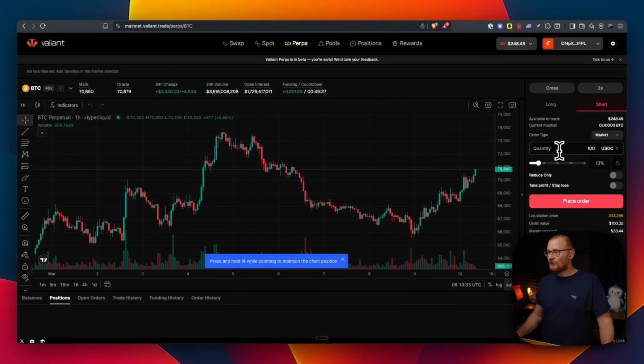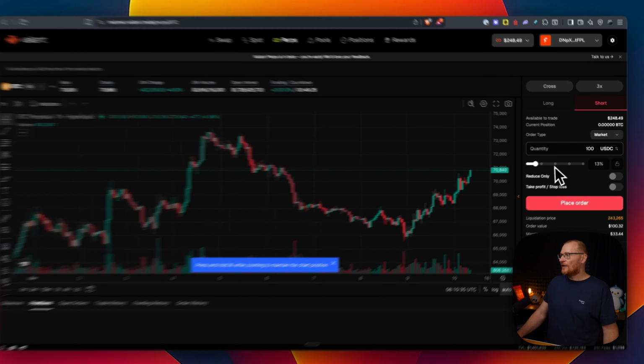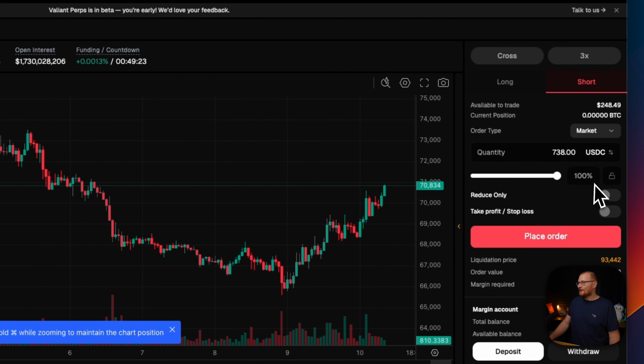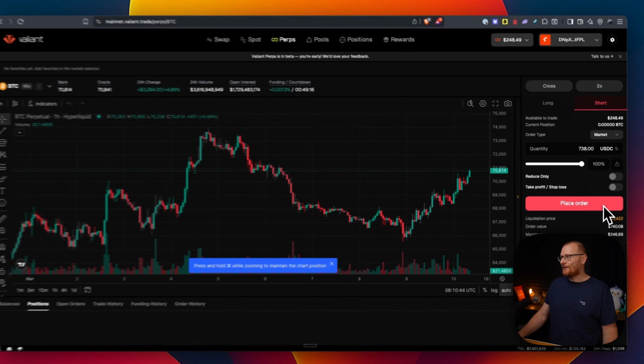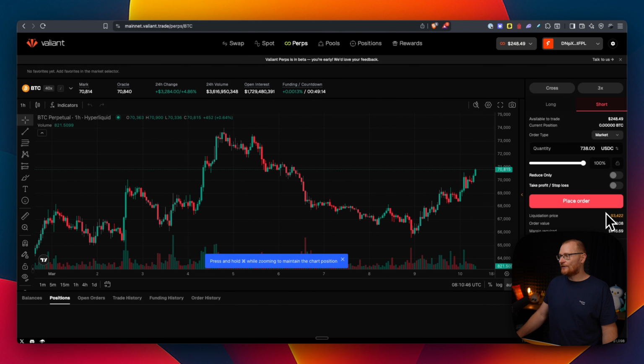And then you go ahead and you put in your dollar value here. This you can see is using 13% of our capital. If we use 100%, then we're using $738 worth. And if the price jumped up to 93,000, then we would be liquidated. I'm actually going to go a little bit higher here. And of course, in other tutorials, we can talk about risk positioning and the basics of TA. But for this one, just a quick overview. Place the order